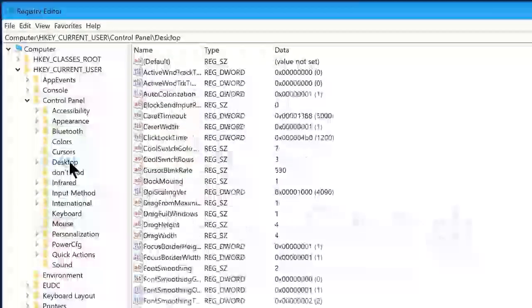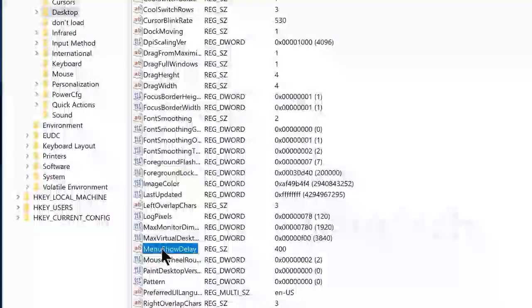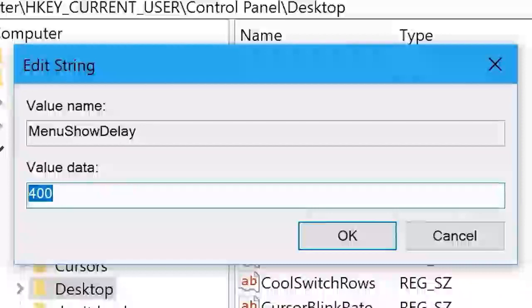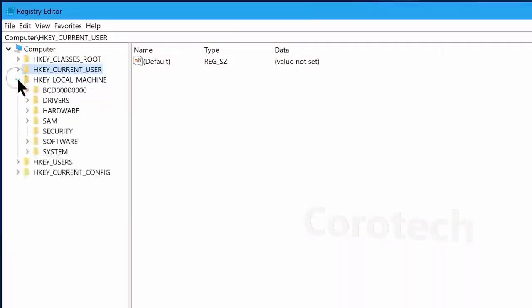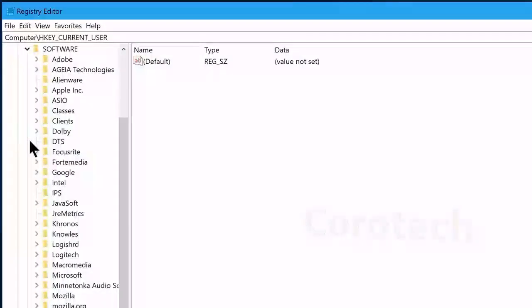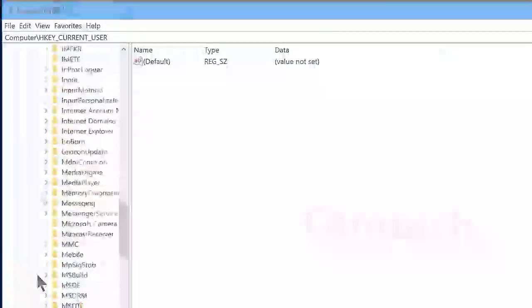Now go ahead and select the Desktop folder and look for an option called MenuShowDelay. Once you have found it, double click on it and change its value from 200 to 10 and click on OK. Now you have to go to HKEY_LOCAL_MACHINE and Software folder, then find Microsoft folder, now find Windows